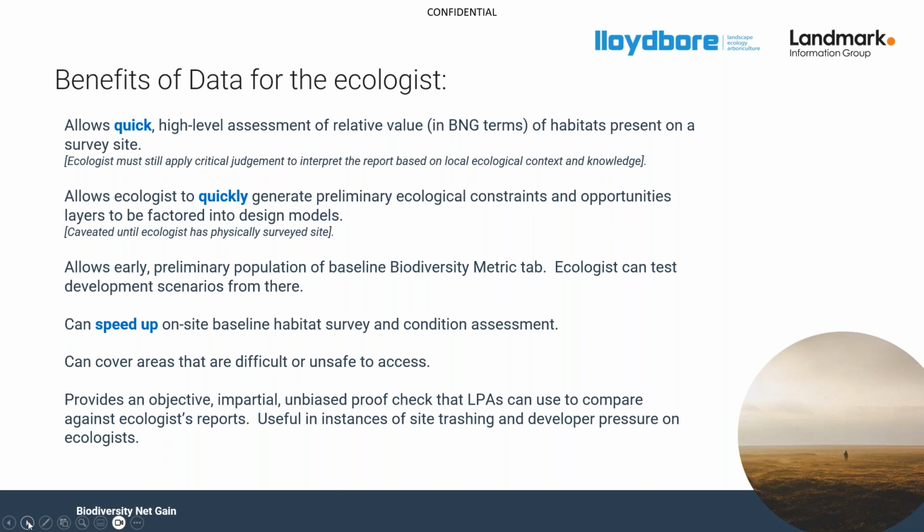As has already been mentioned, this does also provide, in my view, authorities with a more objective, impartial, unbiased output to cross-check against the ecologist's report. As has been mentioned already, there could be pressure for ecologists to accept what is clearly a deliberately reduced baseline on a site. And that does happen across the sector. So obviously that's down to the individual ecological practice maintaining its professional standards, but those pressures are real, they happen,